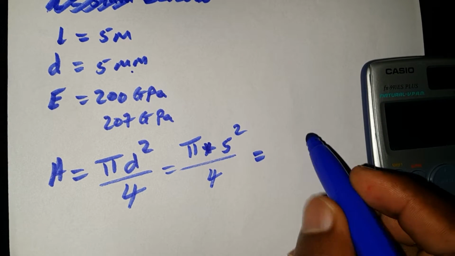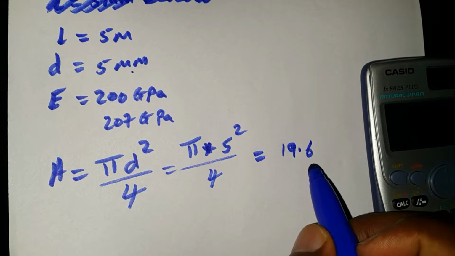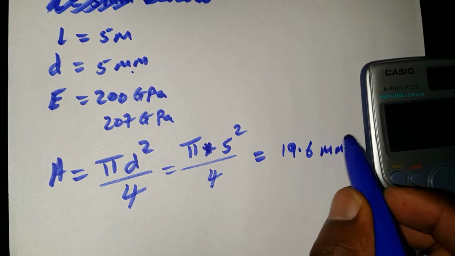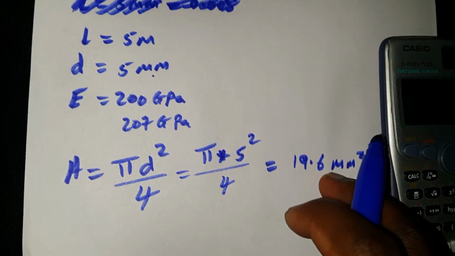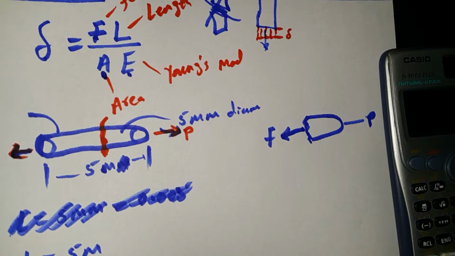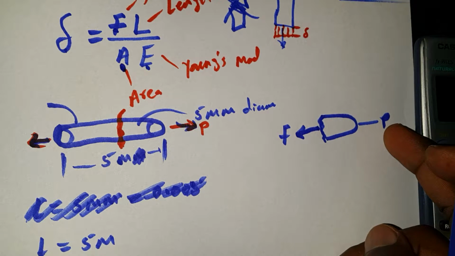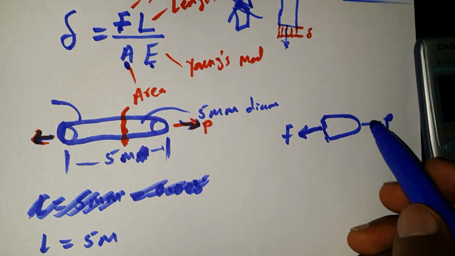We will have our area, 19.6 millimeter squared. So now we have our area here. Now we can put in this. Coming back here, what is our force? Our force is equal to P. So here we will know that